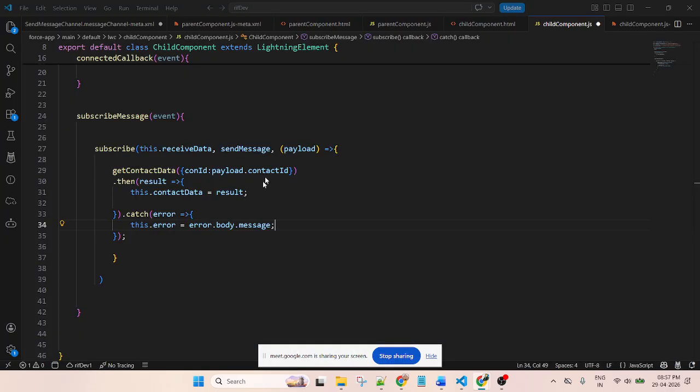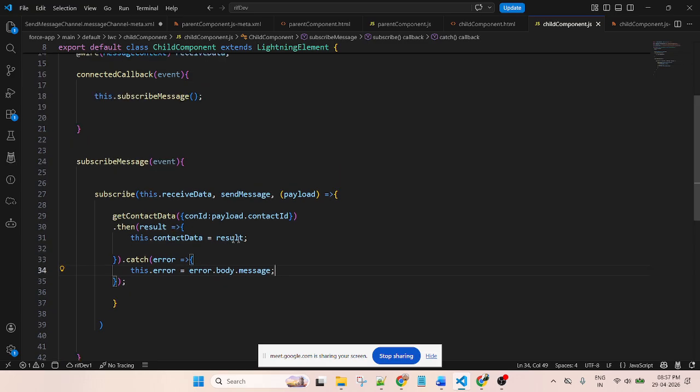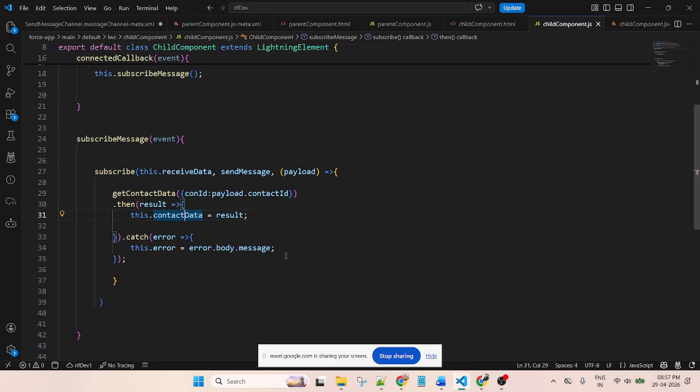Okay, so I stored the value. First of all, I retrieve the data through this method and store the value inside this track variable.